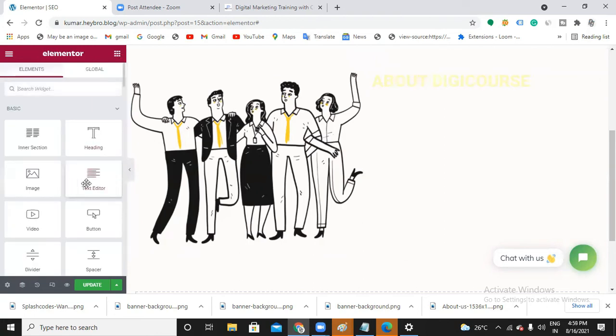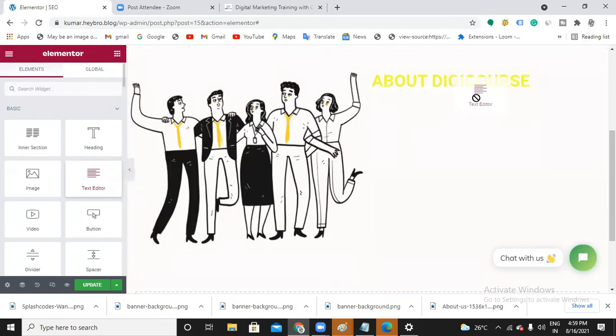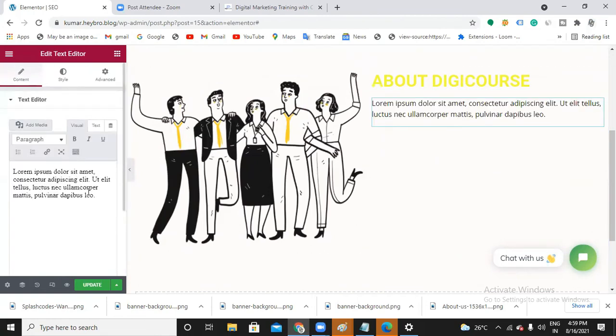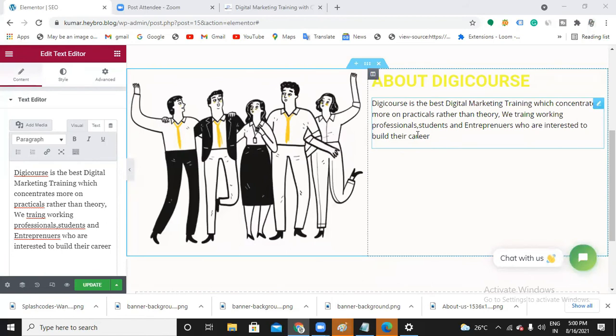For that, I'll drag this text editor and drop over here. So if you want, you can write over here. Now I wrote something about digi course.